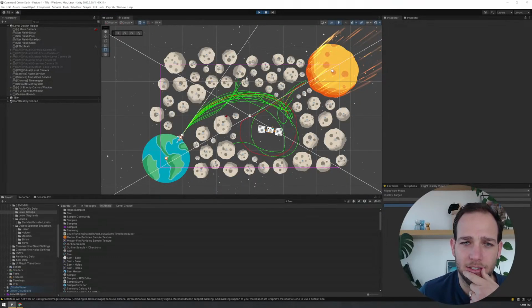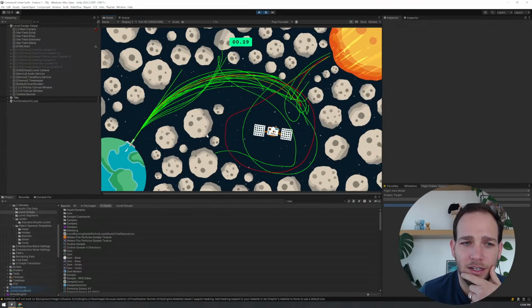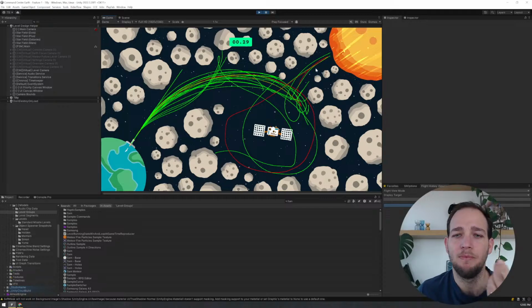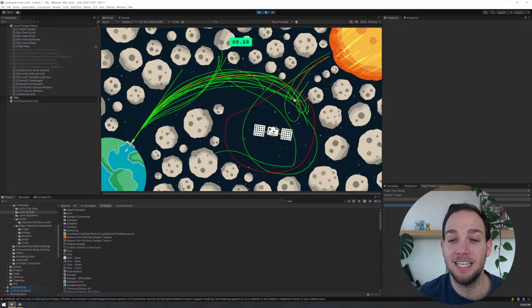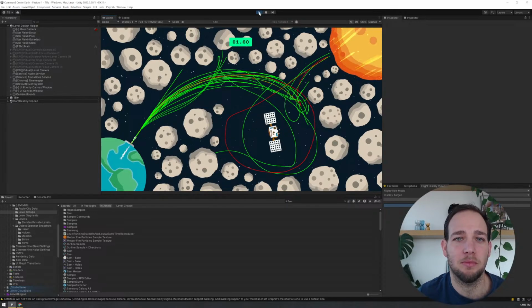So I'll pause it and I'll just kind of get a sense of where all these things are sort of aggregating. So you could see this one is kind of like a turn and in. So 1, 2, 3, 4, boom, boom. Okay, so from this point, I'm just going to give it a shot, and I'm going to see if charting this course is actually fun to do with the collectibles in place.